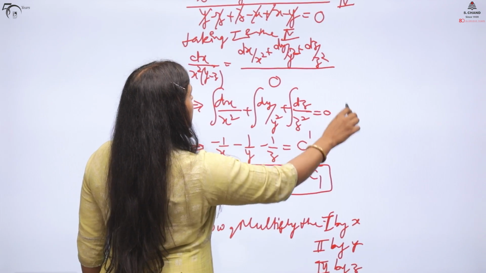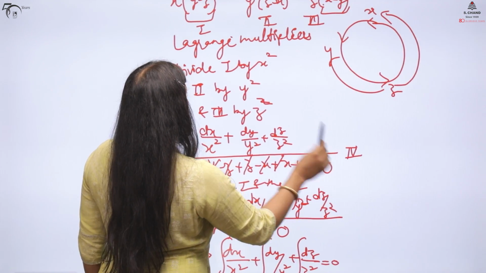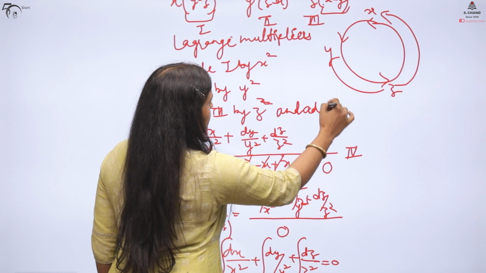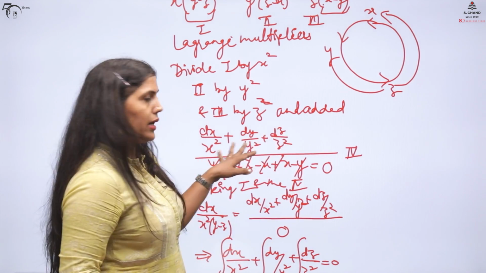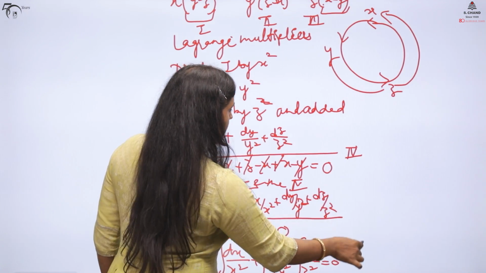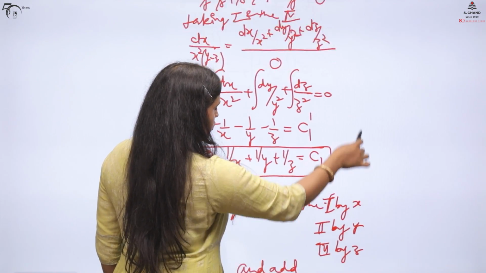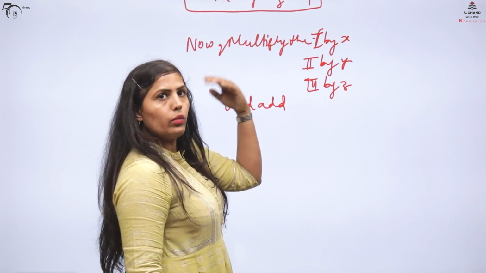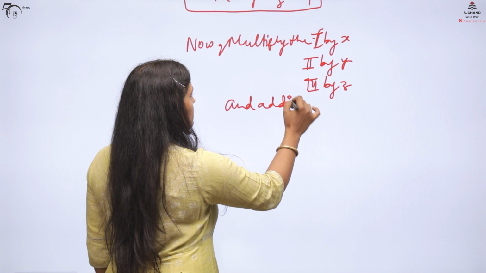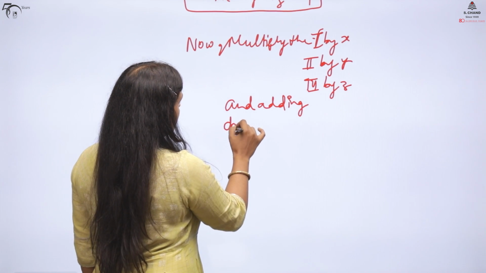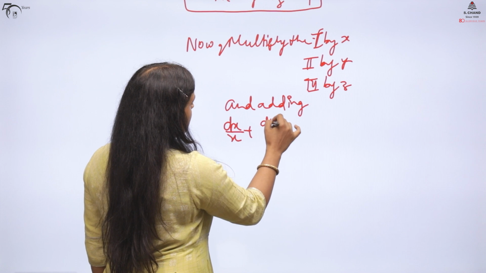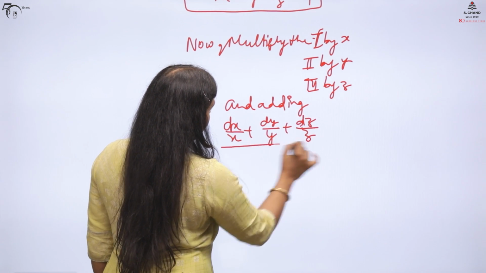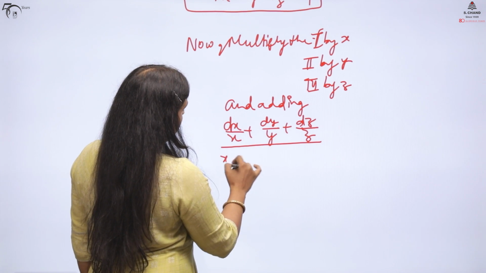I should have written add also here. Divide this and add. We have added. It was understood. I have added only. So we did addition only. Now coming to, so the same way, this time we are dividing it by x, y, z, and we are adding again the equations. What we get? So dx upon x plus dy upon y plus dz upon z, this in the numerator we will get, and then in the denominator